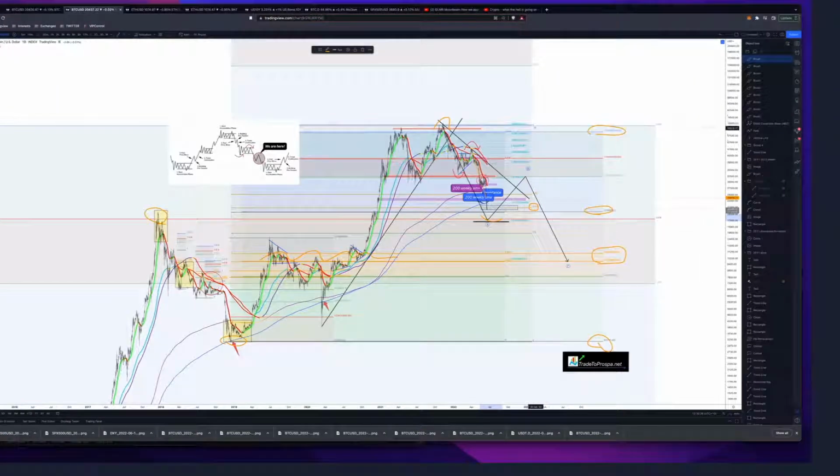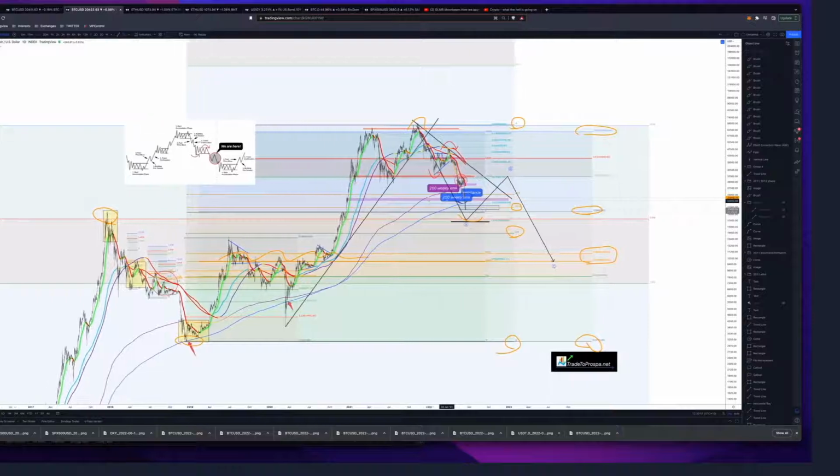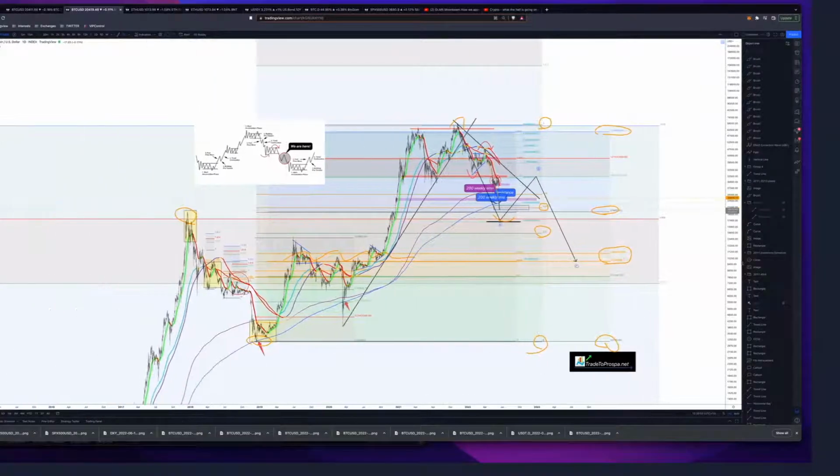So if we do that, the top as 1 and the bottom as 0, you can see the 0.5 right there. Okay, so the 0.5 Fibonacci level is about 14K, 4.5K. So I think that's the bottom. If this was to drop to that level with this wave, I don't think it'll get there, but you never know. But you can see if we're getting close from the other perspective,